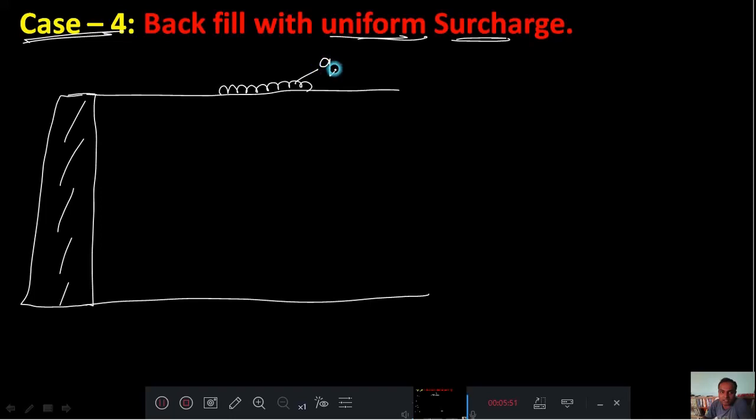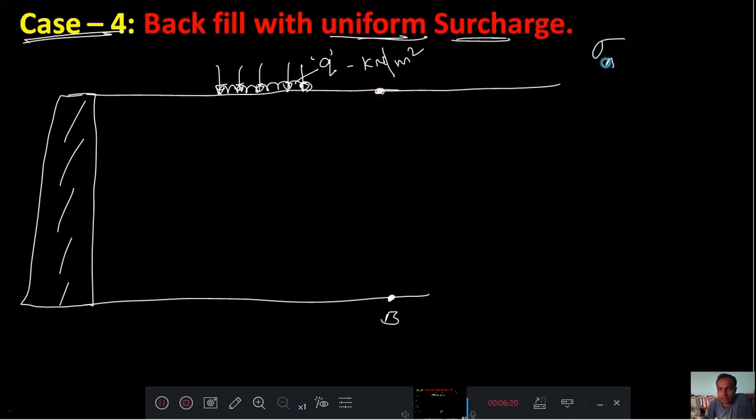Let us consider that surcharge is measured in terms of Q, kilonewton per meter square. Okay, this surcharge means it is a vertical stress. This is always a vertical stress. Now we'll consider one point at A here and at B here. Then I will solve this. Sigma h at A will be 0 because of soil, it is 0. Sigma h at A will be equal to 0 because of the soil, plus there is a vertical stress, that